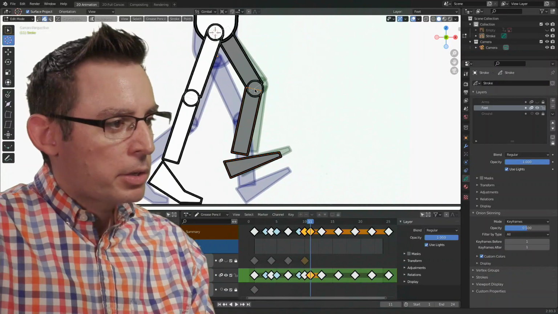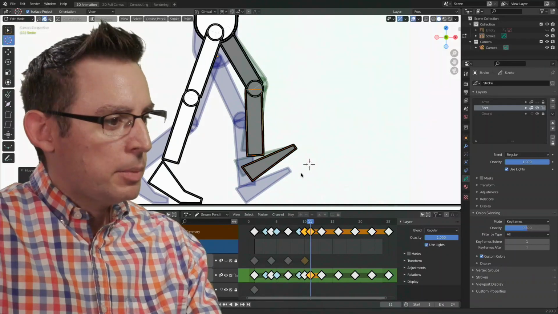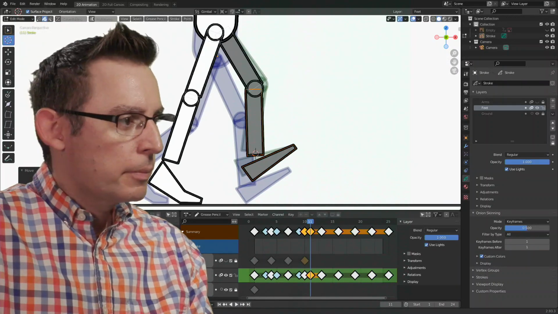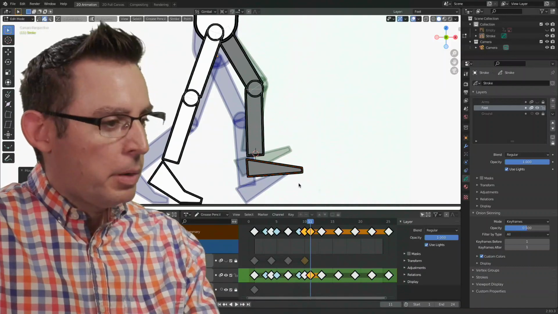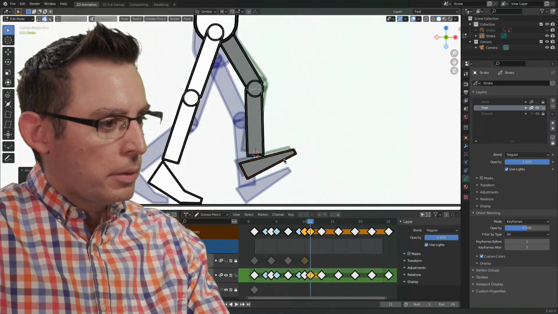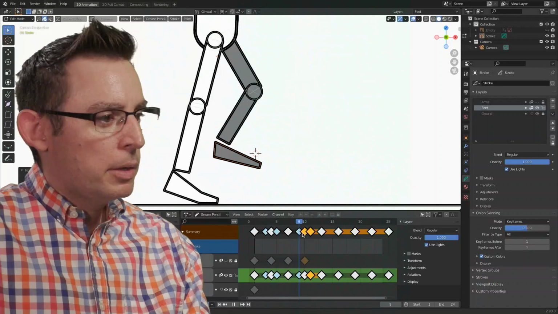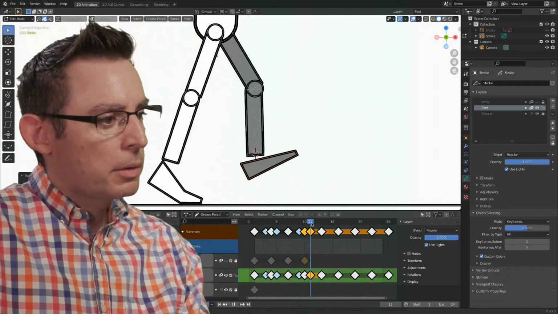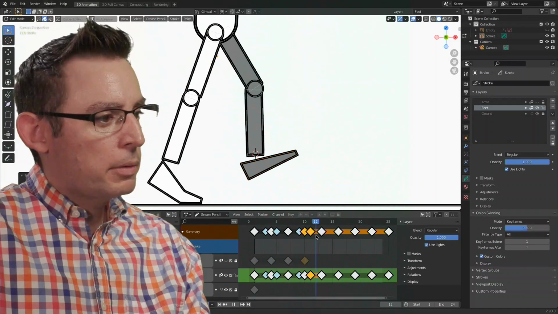Change the location of my 3D cursor to the center of the knee. Now I can rotate this a little bit like that. Same with this guy. Put my 3D cursor kind of right there. Box select. I didn't grab the box select tool on accident. Grab it, start getting the pose. I'm not quite where I want the pose to be. Yeah, something like that. Yeah, that's much better. See how it looks like it's slowly bending? Not in love with the pose yet, but that's okay. And it goes down over that way.